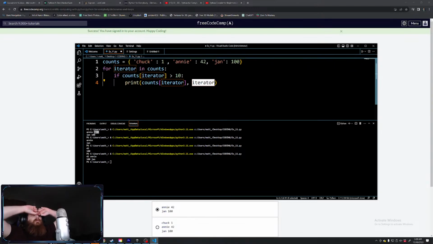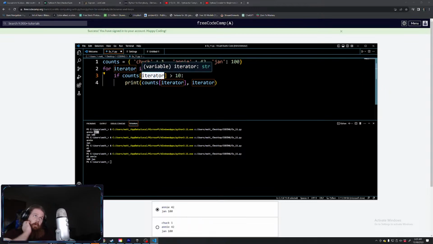So it iterates through counts. It iterates through the keys, and it checks the values attached to the keys. So if the value that is attached to the key that is currently being iterated through is greater than 10, it prints